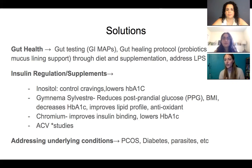So in addition to a diet that's fit for you, we're going to look at implementing probiotics, prebiotics, and maybe some mucus lining support. And if needed, addressing some LPS, which is an endotoxin given off by gram-negative bacteria in our guts. And then I want to talk about just a few supplements that are kind of my go-tos for